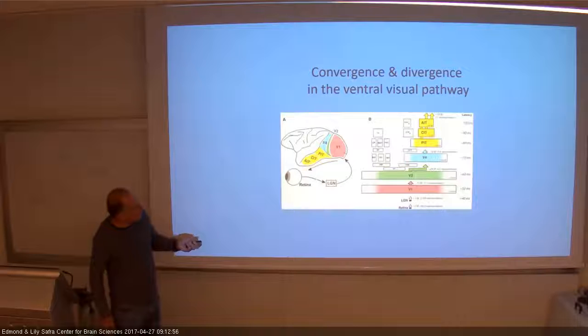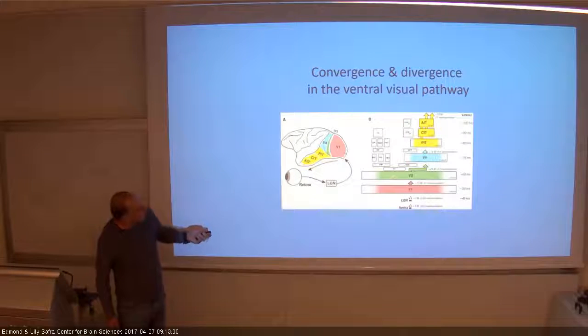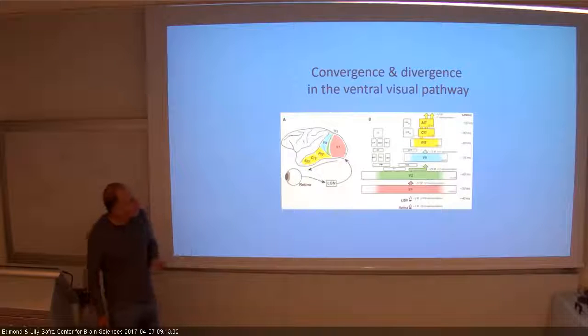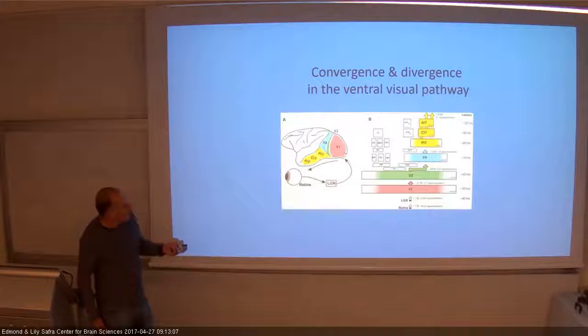So there's two trees, the ventral one and the dorsal one going up to parietal cortex, and today we're going to focus on the ventral stream. That just gives you some numbers in terms of how big these different areas are. So in V1 there are about 37 million neurons, and the timing in which the first response